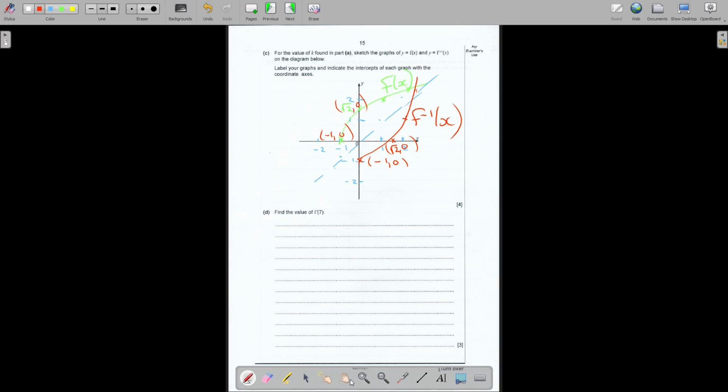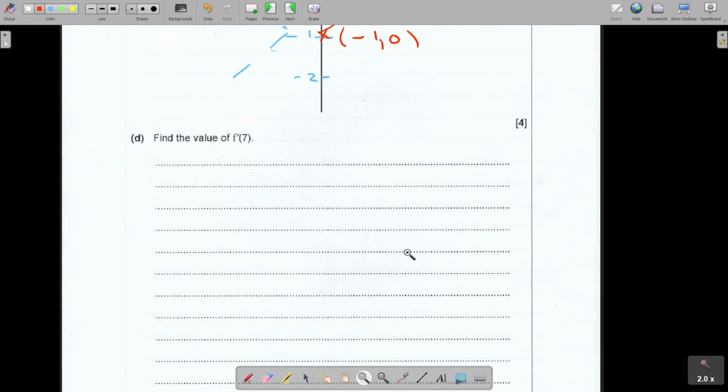And now comes the last question. Very, very easy, but I think so many students made a mistake. They think this stands for -1. It's not the inverse. It's differentiation. So take your formula,